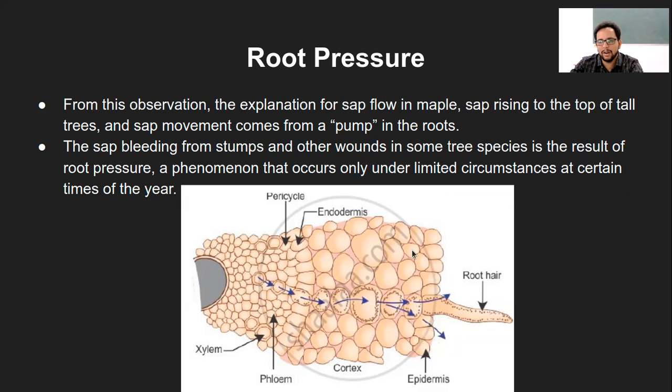So when you have to draw this diagram, ideally you should draw a diagram like this, but don't get confused or overwhelmed by the complexity of the diagram. You have to draw the epidermis, which is a columnar-like cell, a root hair cell, and then certain irregular shaped cells, which are the cortex, then a layer of endodermis cells. Within the endodermis we have the pericycle, and then xylem and phloem cells. So that's how this flow of water works.